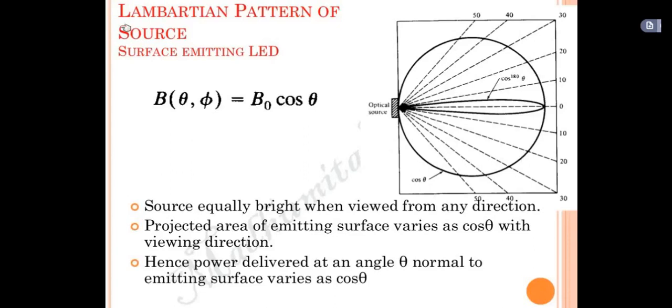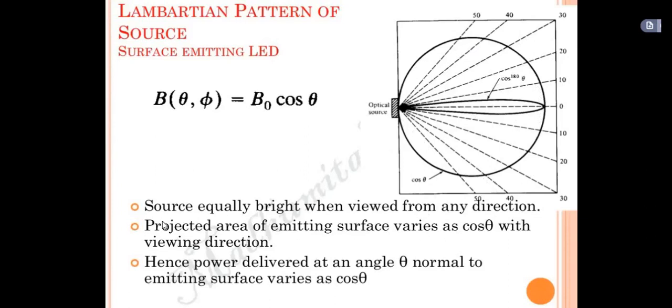This is my optical source. Clear? From this optical source, I am giving different patterns to it, starting from 0, 10 degree, 20 degree, 30 degree, 40, 50. These are my patterns for the optical source. Similarly, this is the cosine angle for that pattern. This is the semi-lobe, the lobe is there. This is my other directions. This is also cos theta.